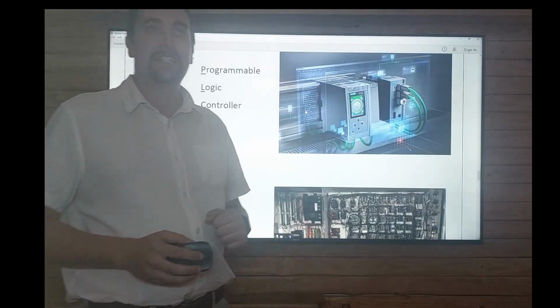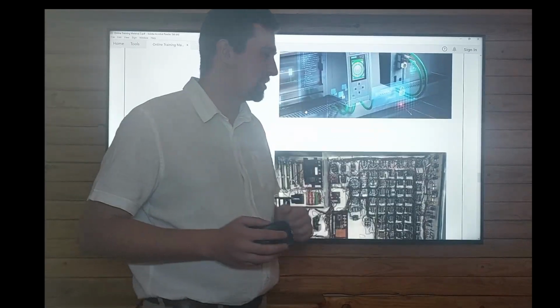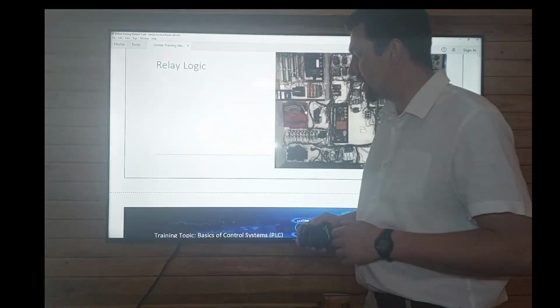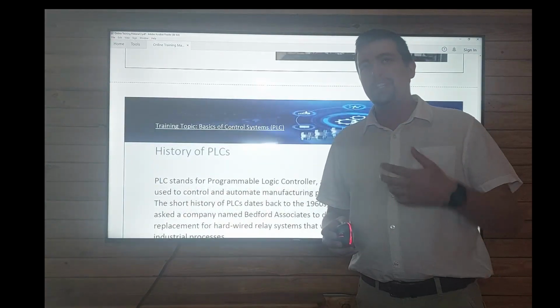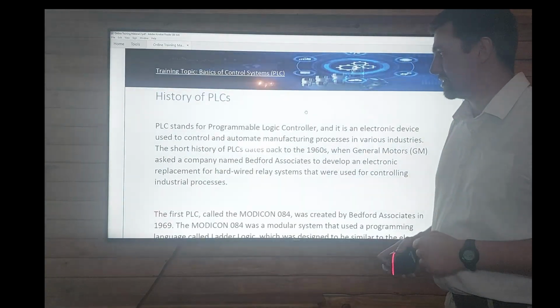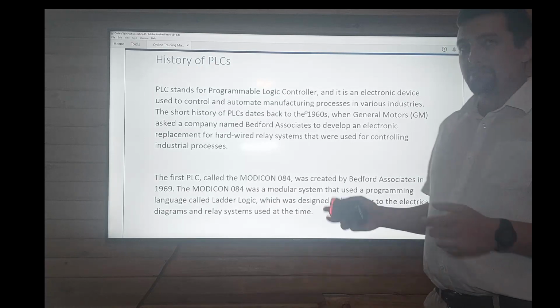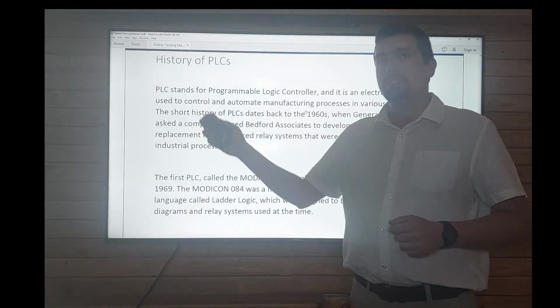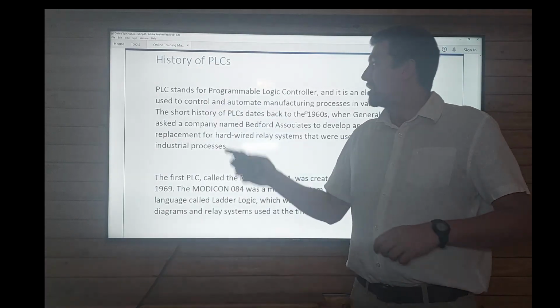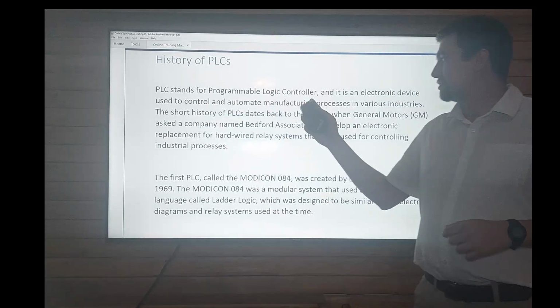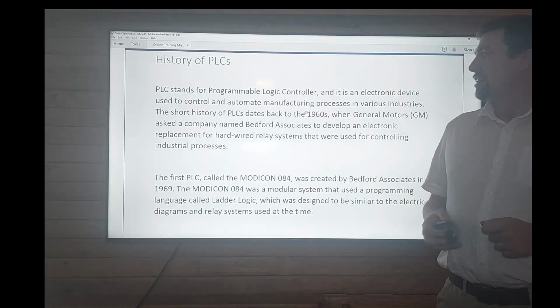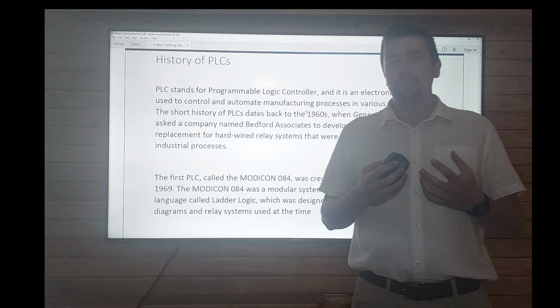Let's move on to the next section. The next section we will be covering a little bit more of the history of PLC. Like I mentioned, PLCs stands for, say it with me, Programmable Logic Controllers. What can we do with